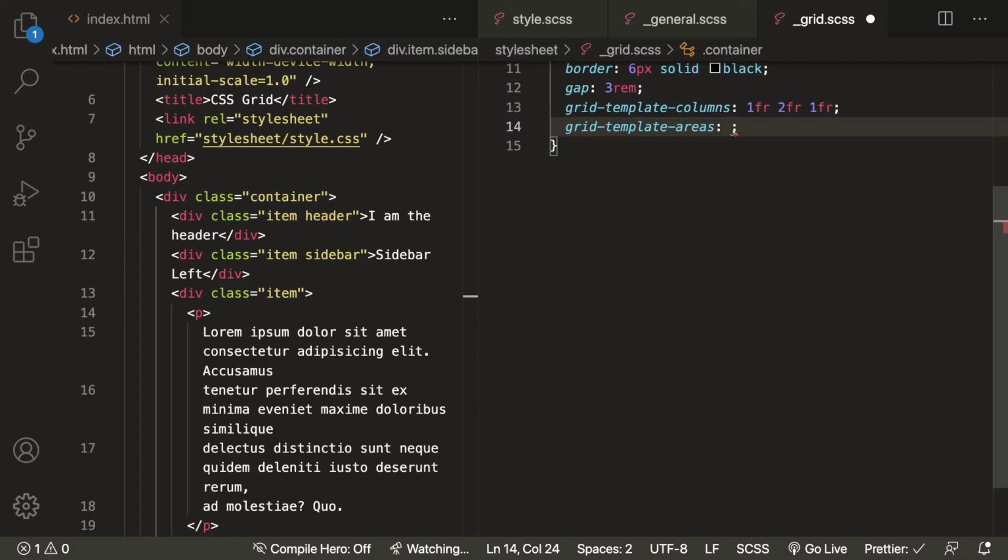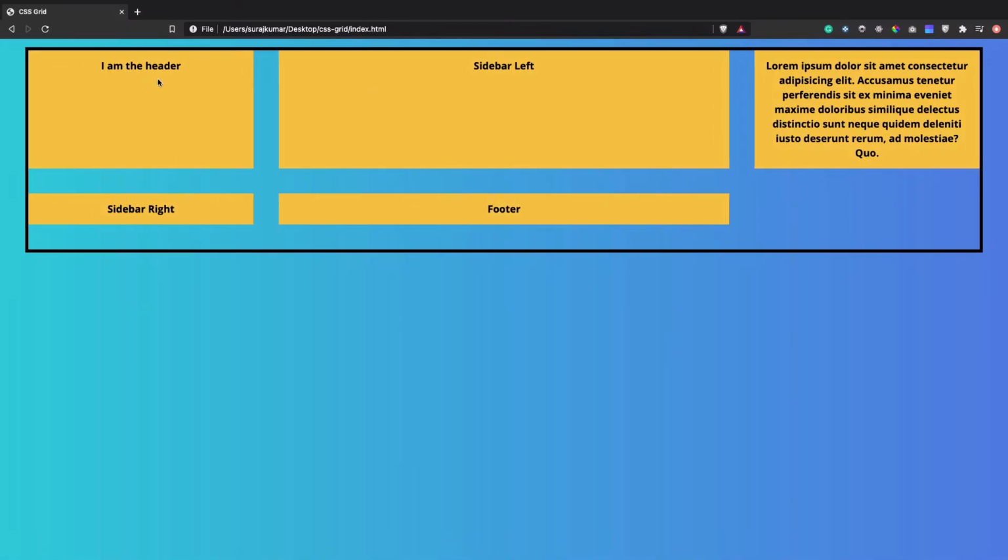So for that purpose, here we will define first, let's say for the first row, each and every cell must have the area name as header. So I'm keeping for each and every cell header, header and header. So here we have 3 headers. The first area name, so for example here, this area name will be named as header. Second, this will also be named as header, and this will also be named as header.